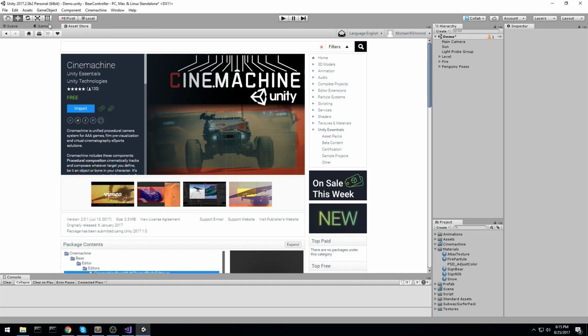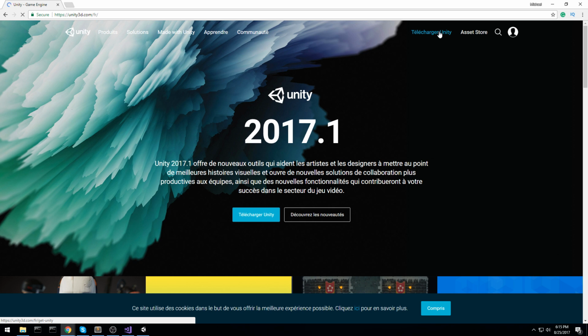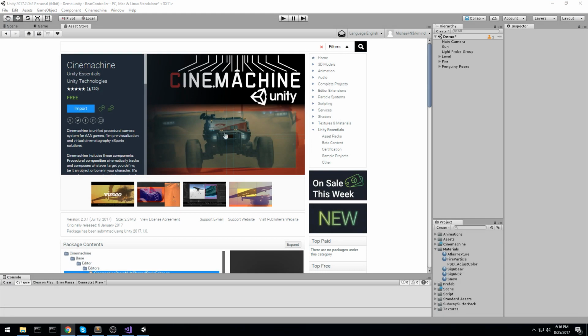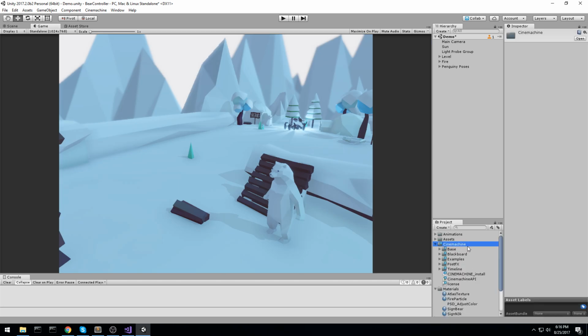Now make sure that you are, I didn't mention this before, but make sure you are on Unity 2017. This is actually something really important. So if you don't have that, head over to unity3d.com, click on download Unity, which is going to be right here, but written in your language, and you're going to download a personal edition if you want to. This is going to give you Unity 2017, in which you're going to have a lot of cool features, including this one. Right. So once you have downloaded it, you're going to have the Cinemachine asset right here, but